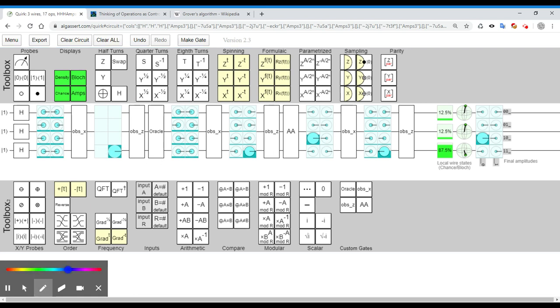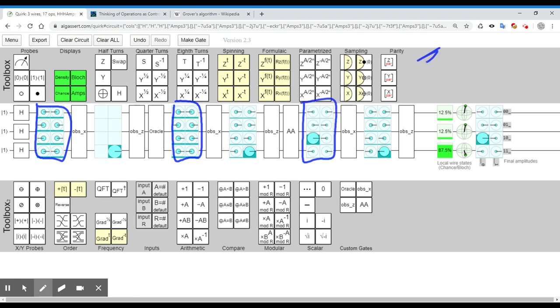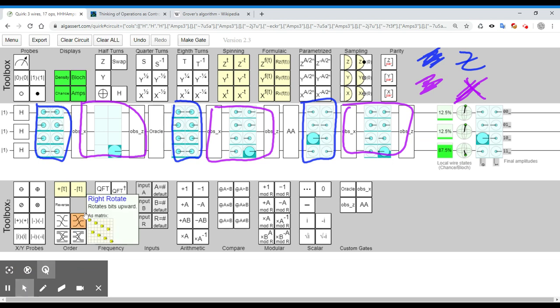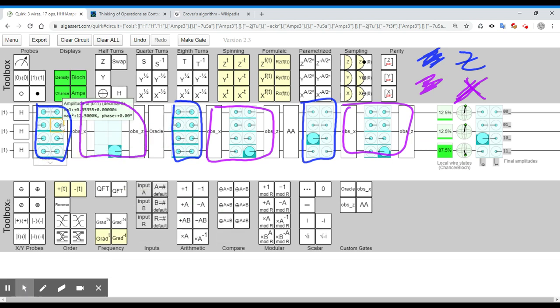So this is the blue ones: blue is Z, and red, or this color, is X. So if we read operation by operation, so